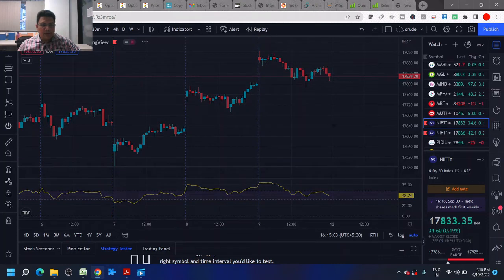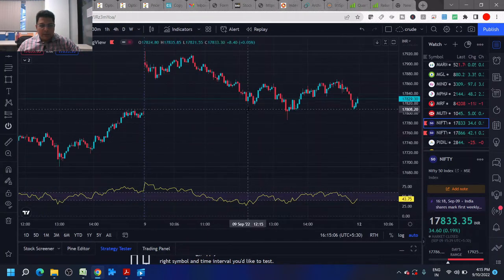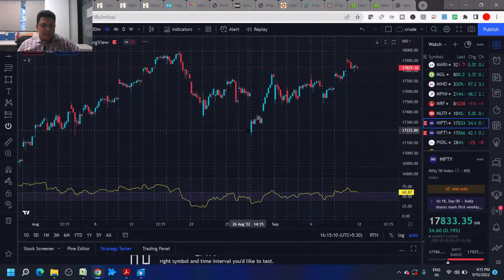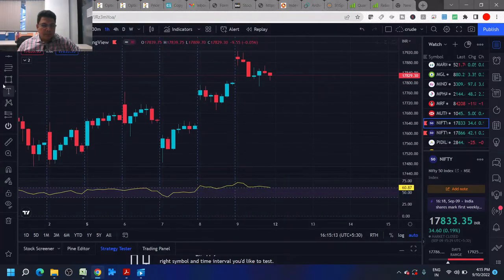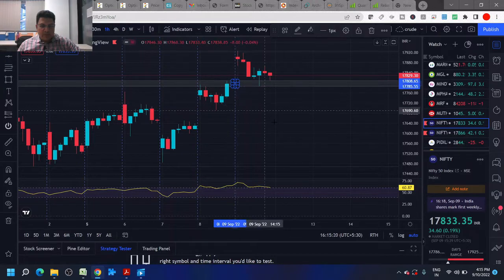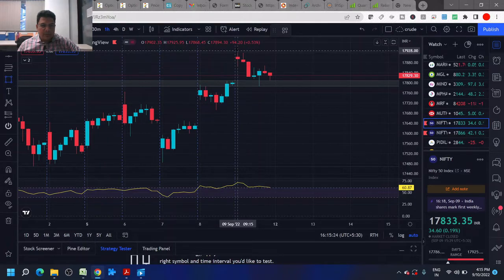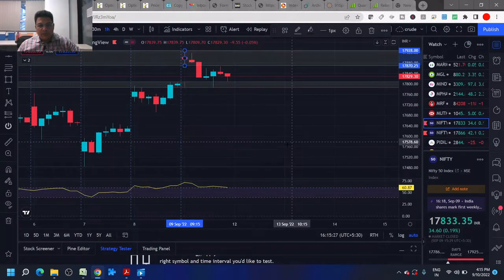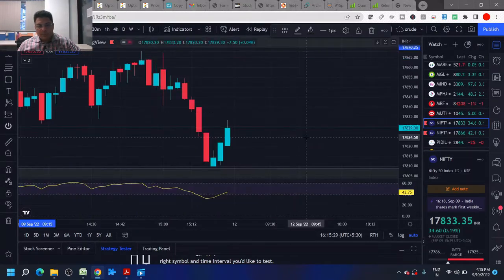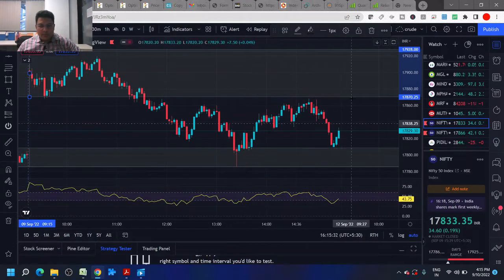So right now, if we look at the market, it is taking a support here, which we have marked. So this was a support. This tiny candle was the place where so many candles have formed. So it has taken a support here, and this is our resistance level. So this is marked. Okay, now sit tight. Whenever it touches this, you go for selling and put your stop loss there,